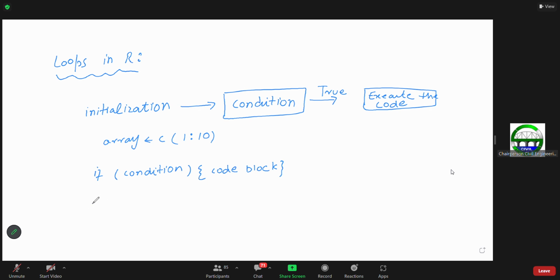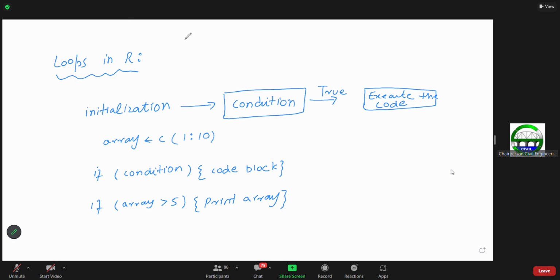So if I say if, for example, array is greater than 5, then print array. Like this one. Okay, so we will talk about this one, and then our other example is